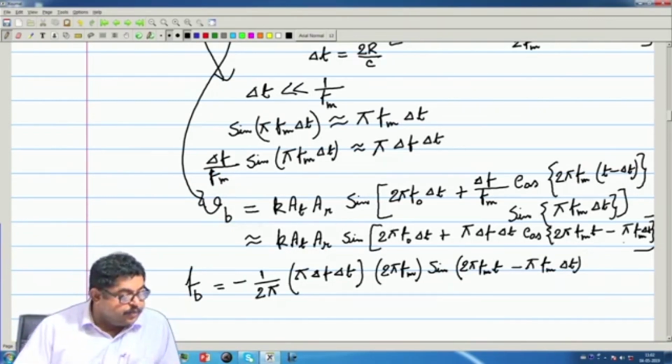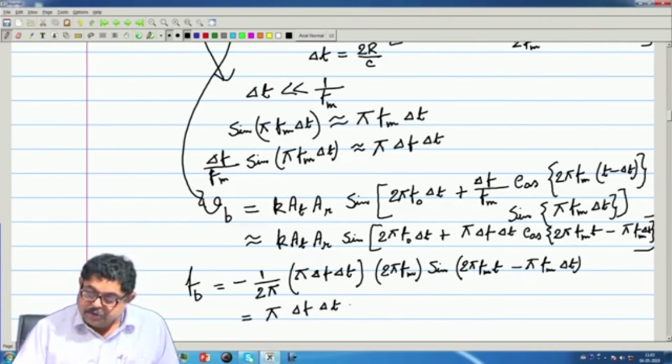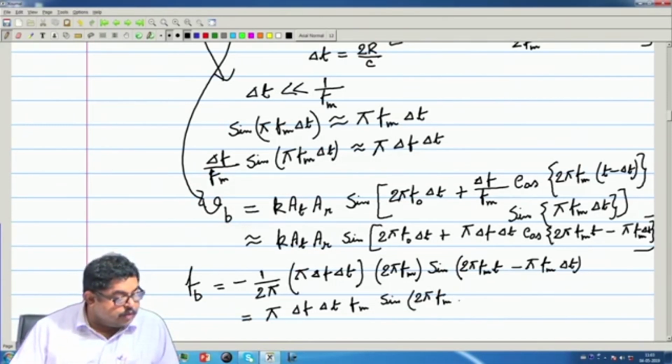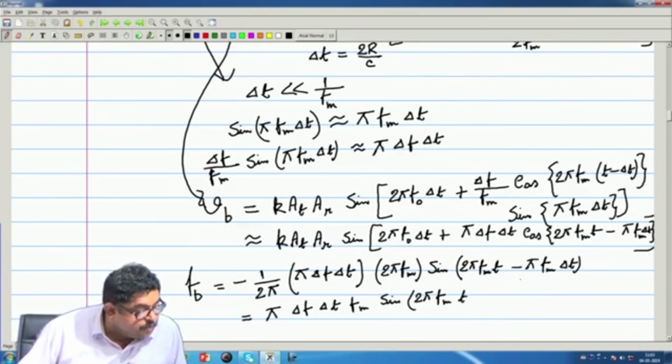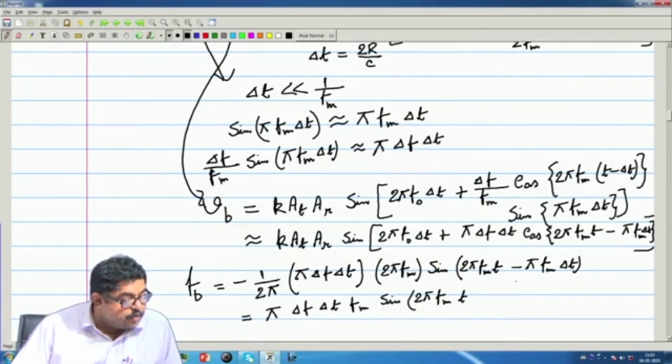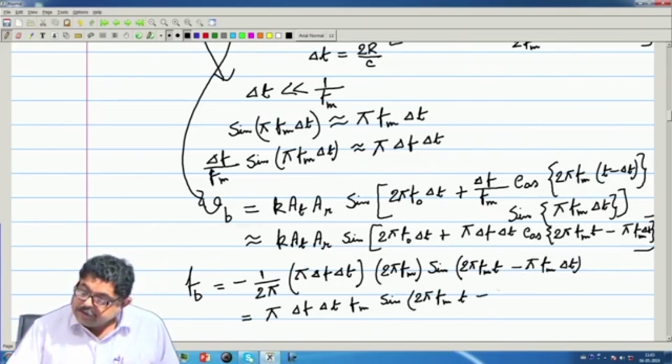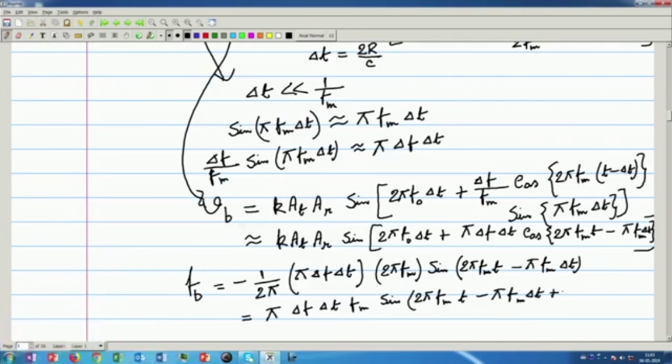Okay. So, this again I can simplify, it will come to π Δf Δt f_m sin 2π f_m t minus π f_m Δt plus, I am writing π, that minus sign I am absorbing in the phase,